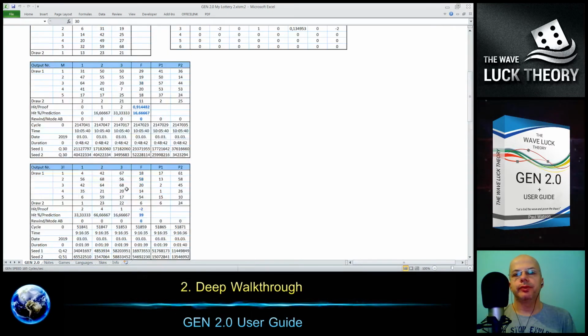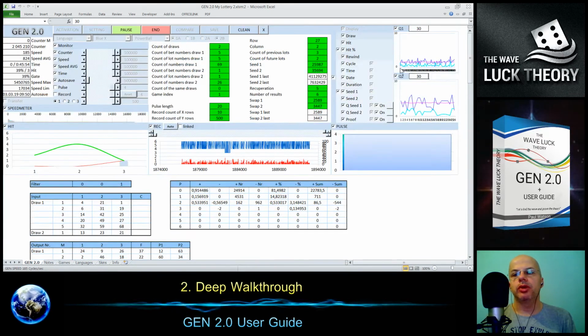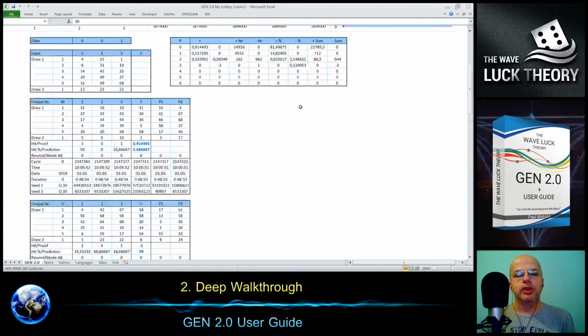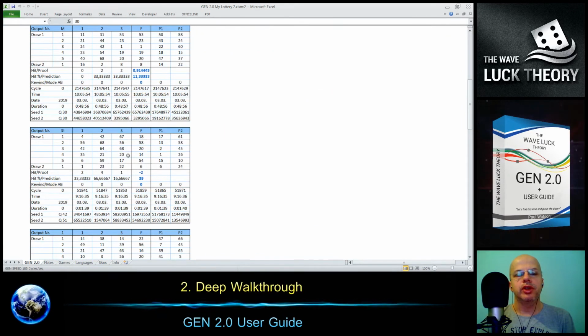And actually, the better value is when it's lower and lower. We can assume then it's better for us. And we see that during the generation, the gene becomes more synchronized with the real lottery statistic. But it will drop down until some value, and then it will almost stay at a similar value. Maybe it will drop down a little bit, but not so much. Then we see on the screen right here.